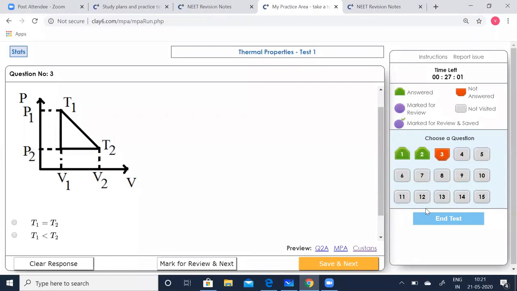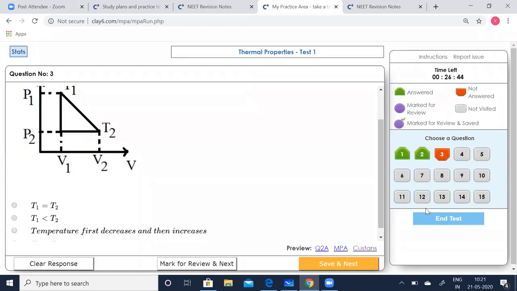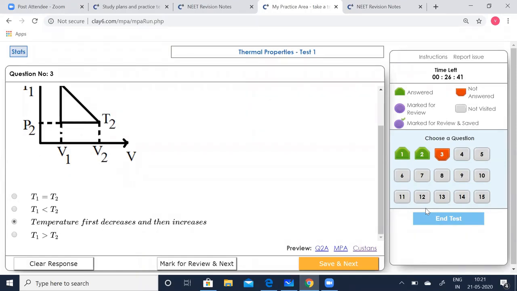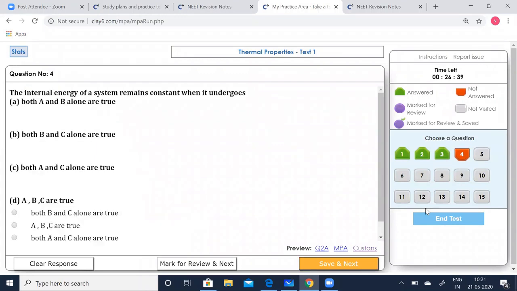When the pressure increases, the temperature increases. So there is an increase in temperature. And then after that, you can see that it slowly decreases. As the volume increases, pressure decreases, and as a result the temperature also decreases. So you can say that temperature first increases and then decreases. So see, they are quite easy. The only thing is you'll have to analyze the graph. You'll have to know all the theory part so that you can apply it here, and then otherwise it's going to be pretty easy. This lesson is very, very easy.